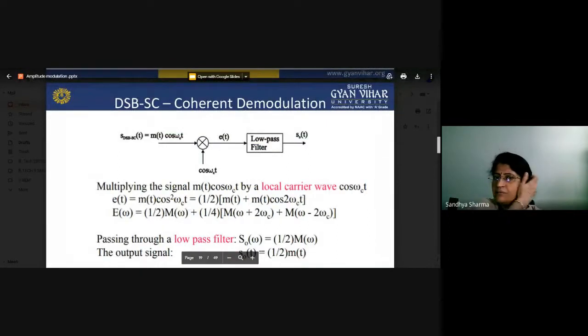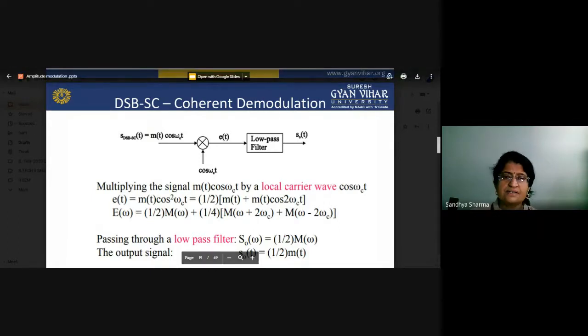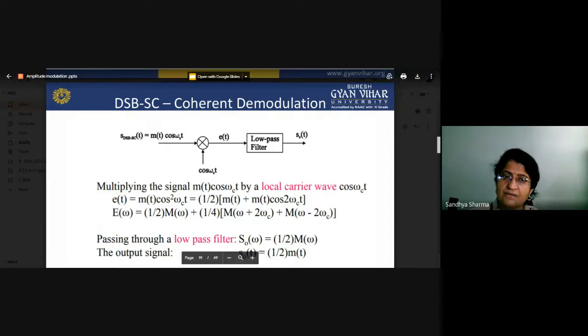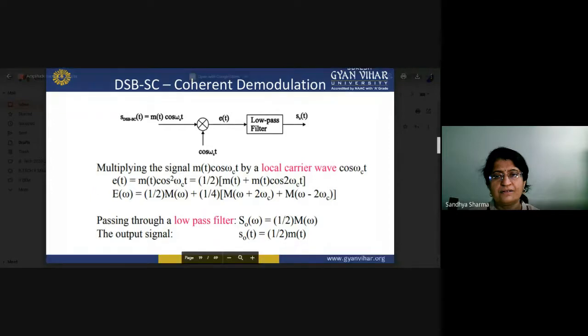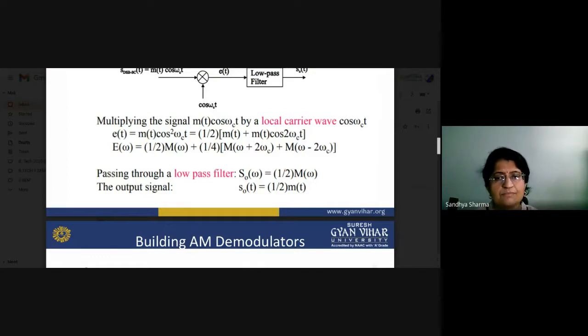Again, coherent demodulation. If we are talking about coherent demodulation, you have to multiply by the same carrier frequency again, and when you multiply by the carrier frequency, the final equation will be m(t) cos squared omega c t. We can also write cos squared omega c t in terms of 1 plus cos 2 omega c t. So you can write the value of this and take the product, and we will find the final value of these equations. If we pass the signal through a low pass filter, we can extract half of m(t). So that is basically the output signal, output equal to half of m(t). Then the Fourier transform values in terms of frequency.